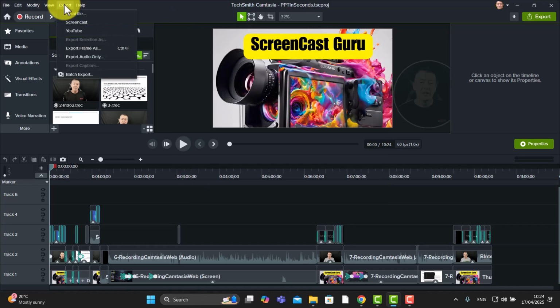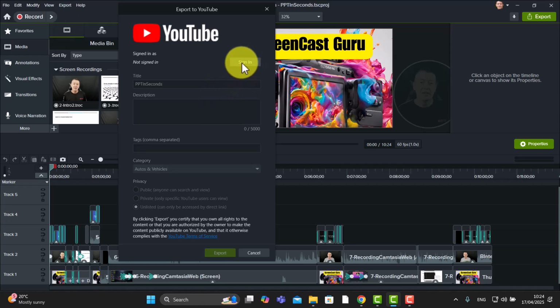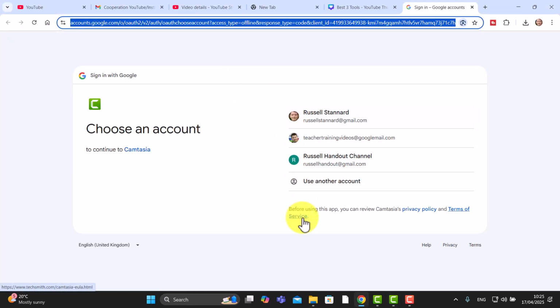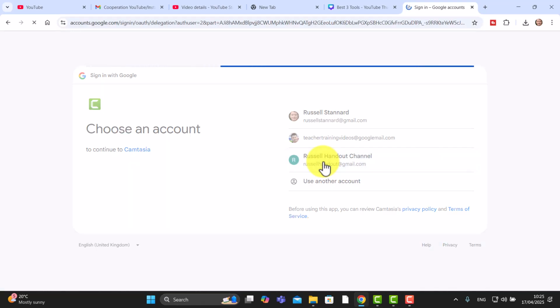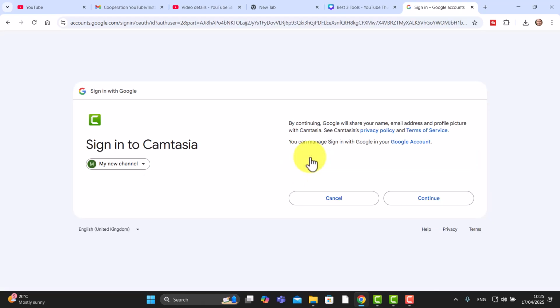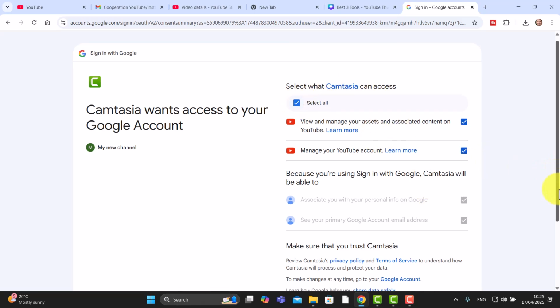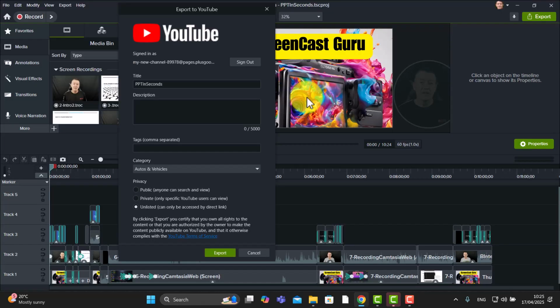Well, one more. Another thing you might want to do is to upload the video onto YouTube. So if you click on export YouTube, then you will need to sign in. So you need to sign into your account. I'll just sign out and then sign in again so you see how it works. When you click on sign in, it's going to give you an option of one of your accounts. I'm going to click on this one here, and then it's going to connect it. And it's going to say, well, in that account, which channel do you want? I've got several channels. So I'm going to say, for example, this one here. And then I click on continue. And now I would just select all and click on continue, and now the video is ready for uploading onto